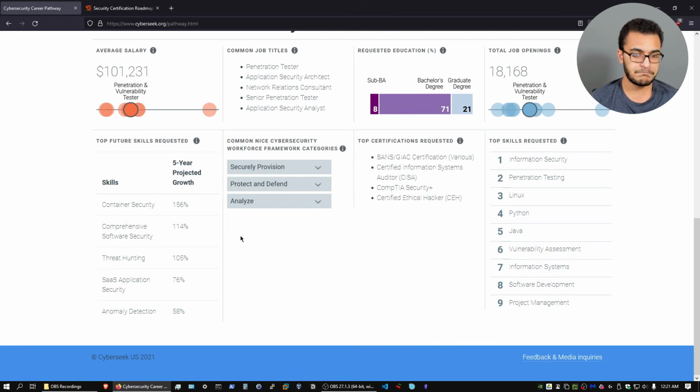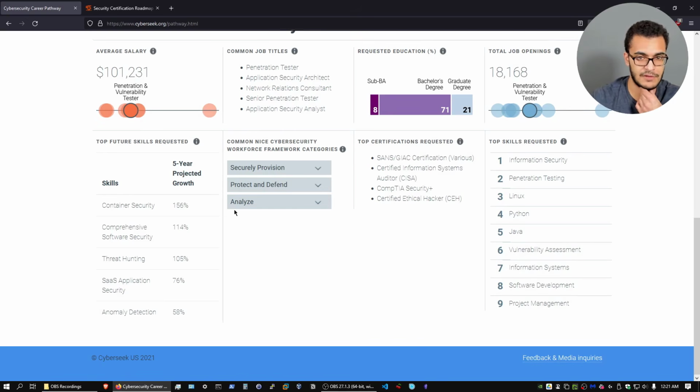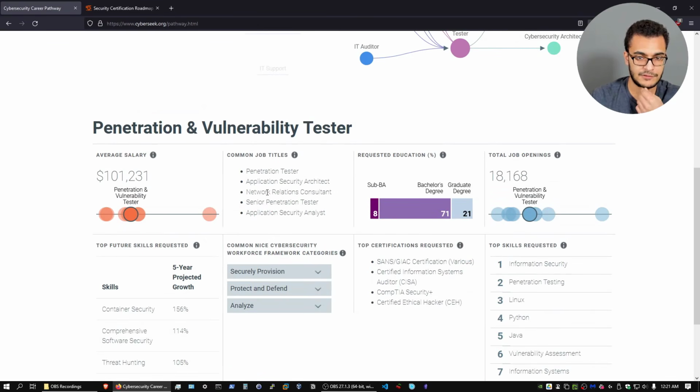For threat hunting, again, that's something that is coming in from the blue team, as well as anomaly detection, but having a good understanding of how threat hunting and anomaly detection systems work will give you the edge as a penetration tester, as I said, over the next 5 years. So the common job titles, we already know this, penetration tester, or, once you move to a higher level, senior penetration tester. So you can spend 5 to 8 years within the penetration tester role typically, before you move on to some of the management roles.